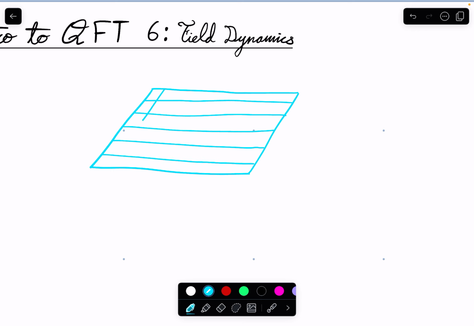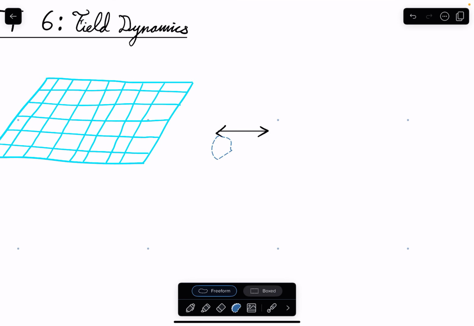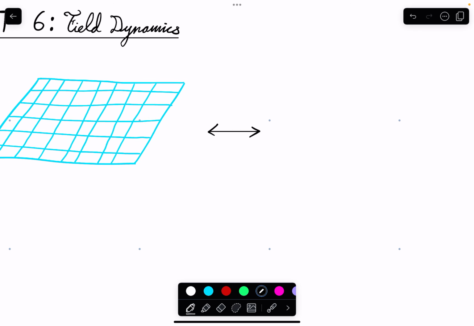But then to imagine how it behaves, we will imagine this as a matrix of sorts. So scalar field equivalent to, say,